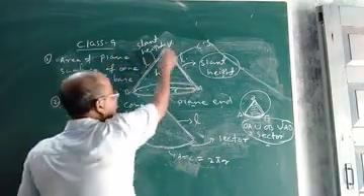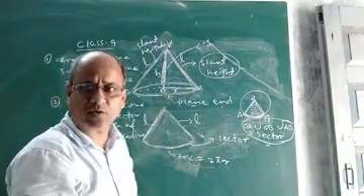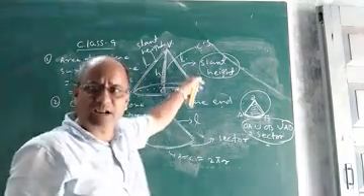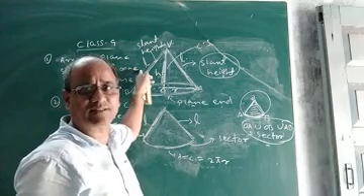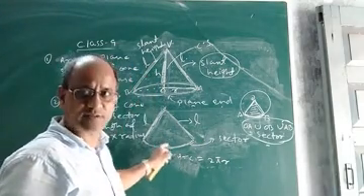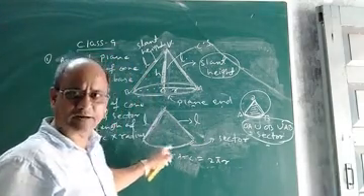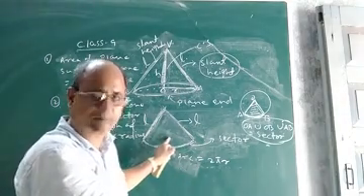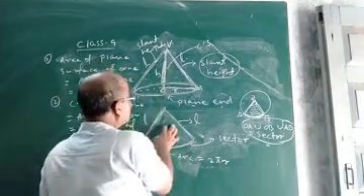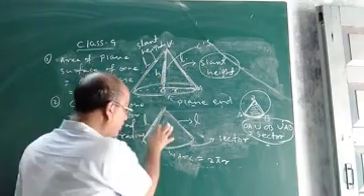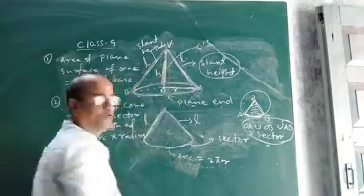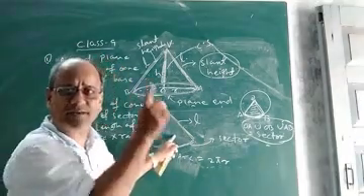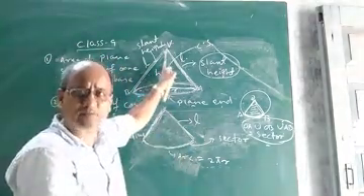So, as I told you, in order to find the curved surface area of a cone, what you will do? You cut the cone along its slant height. If you cut the cone along its slant height, you will get a sector. See, this is the sector. And the area of this sector will be equal to the curved surface area, because we got this portion from the cone only by cutting it along its slant height. So the area of this sector will definitely be equal to the curved surface area of the cone.